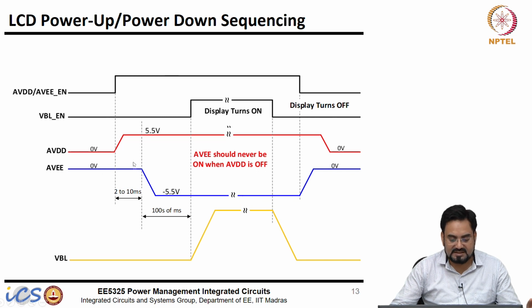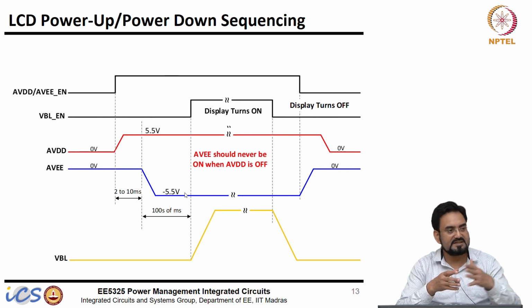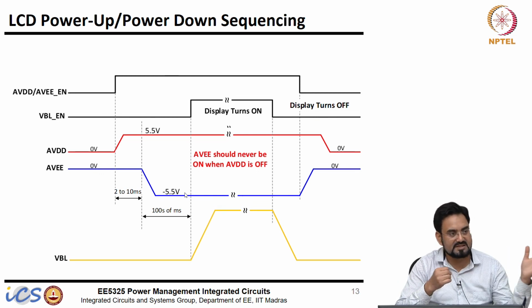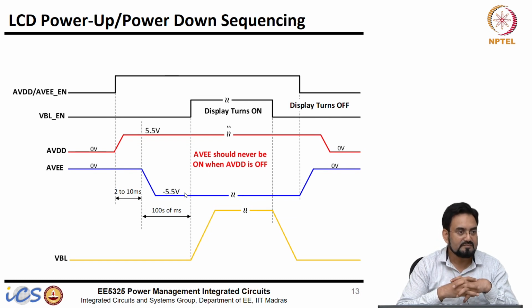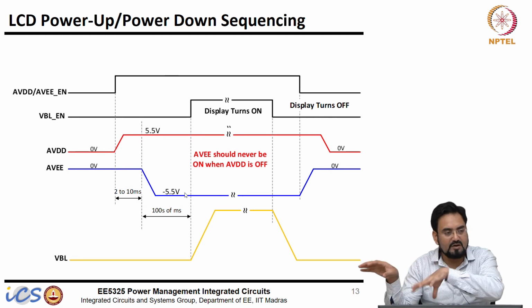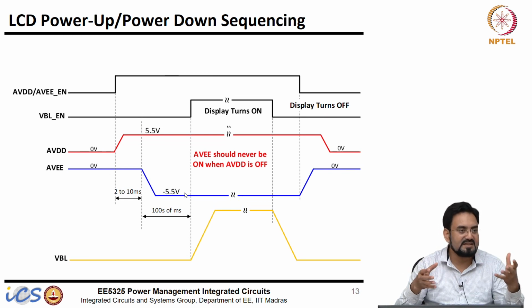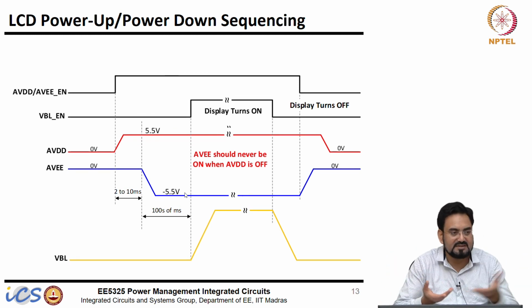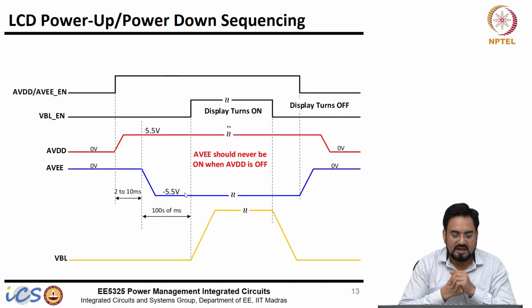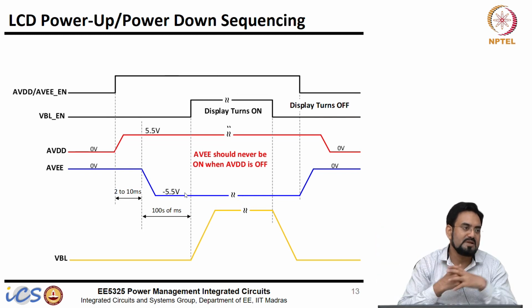The reason is, unless this comes up, you don't want to display your image. So let's say image data is coming from your processor. The data is collected and buffered by the DDIC, and depending upon what data is there, that data is nothing but which pixel to turn on and with what intensity, and that will create your image. That data will be driving this driver IC to tell how much voltage needs to be applied, okay.